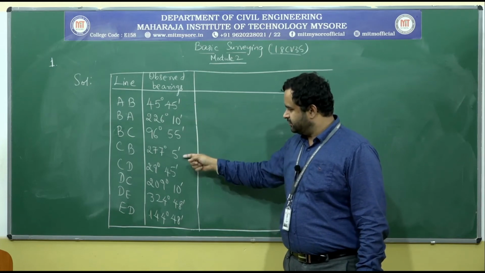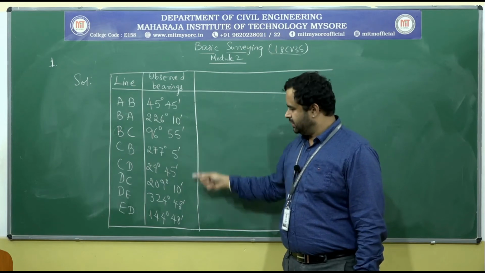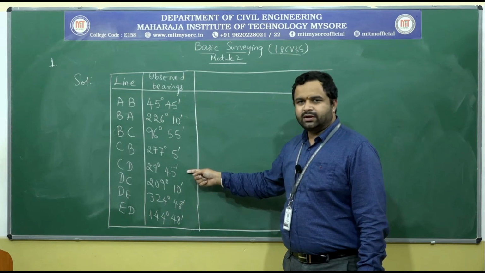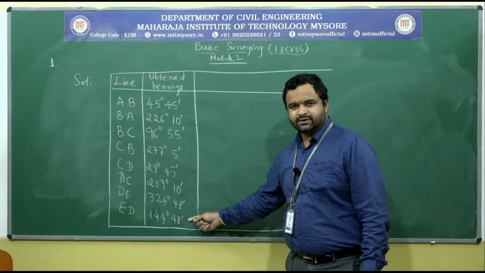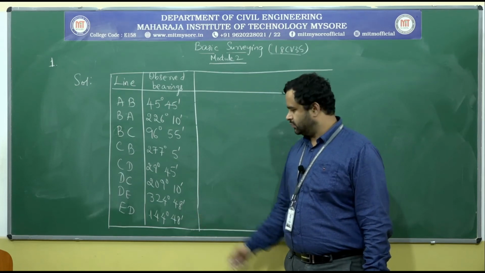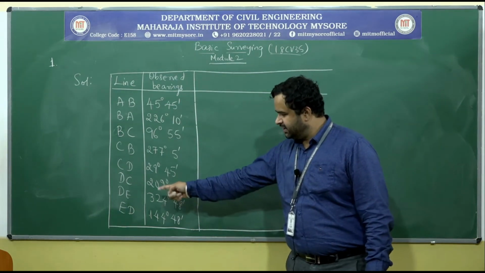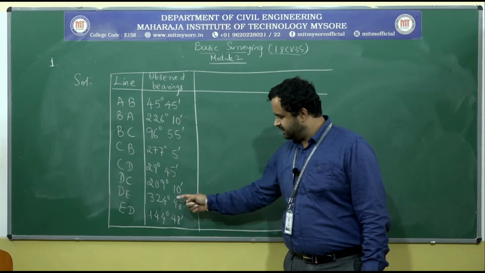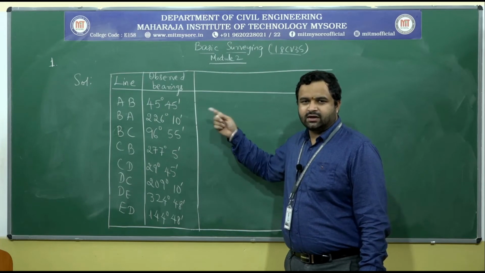Coming to this station, if you take the difference between these two, again it is not equal to 180. Then if you take the difference between these two bearings, this is not equal to 180. Next, if you take the difference between these two bearings, yes, the difference is exactly equal to 180 degrees. So what can we say? We can say that the stations D and E are free from local attraction. So by keeping this as reference, we should keep on correcting the other bearings.